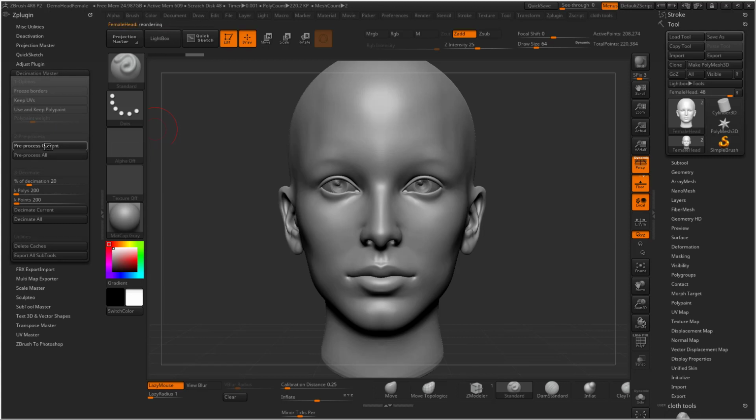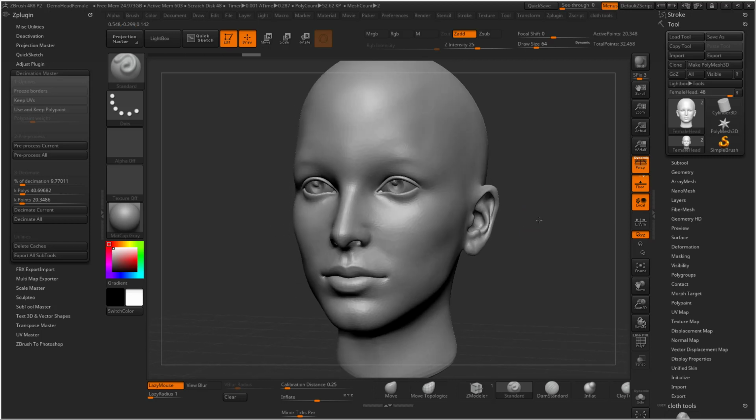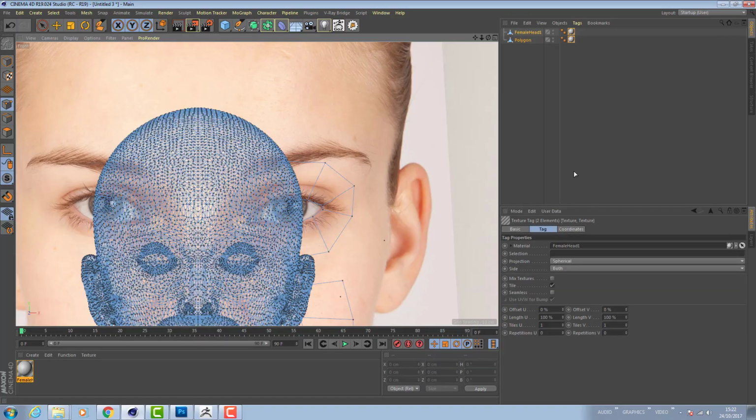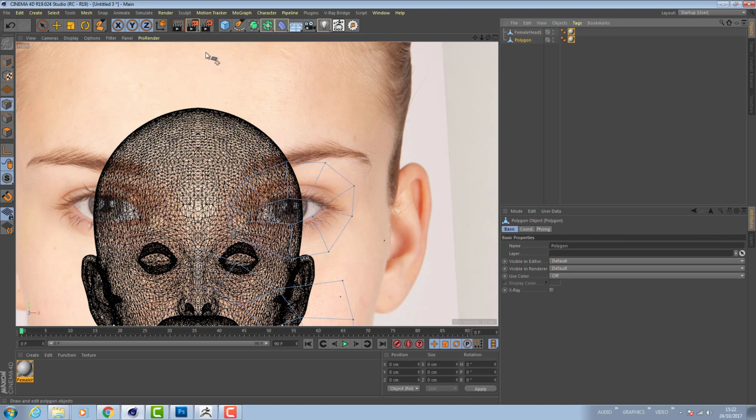process current, and then I'm going to take the decimation down a little bit and then decimate it, and basically it's created a triangulated version, which is more ideal for doing topology on. It's going to have fewer polygons basically. And then I'm going to use GoZ, send it over into Cinema 4D. So, and for our purposes,